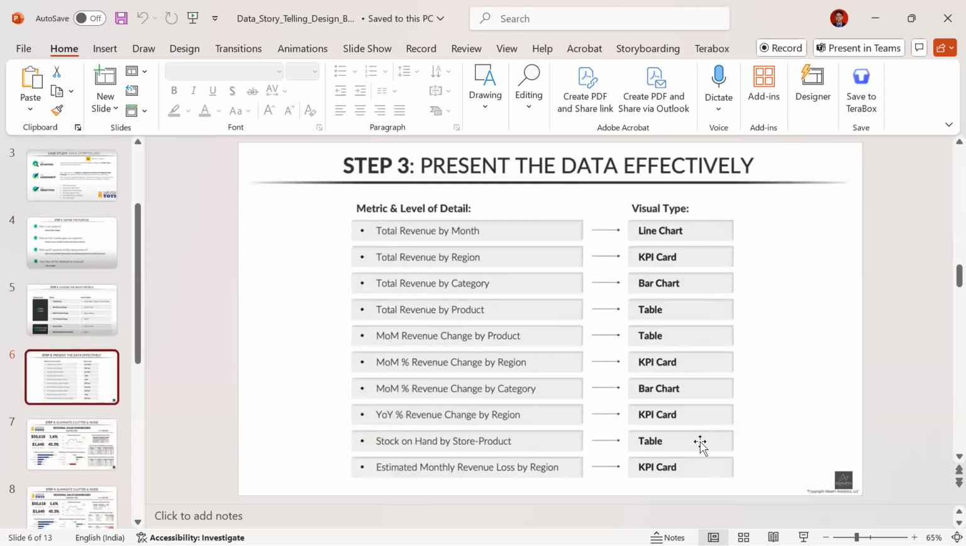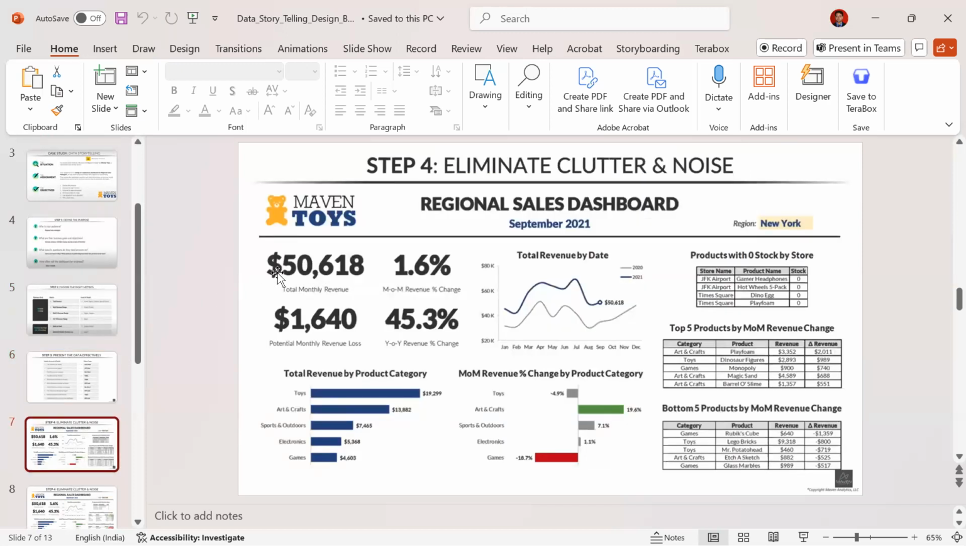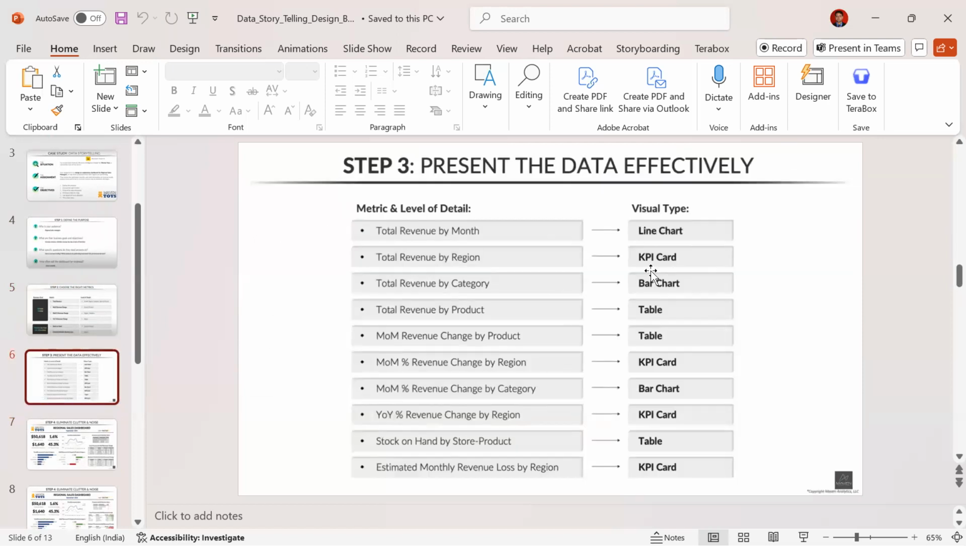You see here, total revenue by month, I want to build. And also total revenue by region. And total revenue, I am going with 4 different types of metrics. So I need to have a line chart for total revenue by month and a KPI card. Card, if you remember, we discussed about the card also. Card is nothing but this one. So we can build a card here for this particular total revenue by region and total revenue by month. I am using a line chart here,